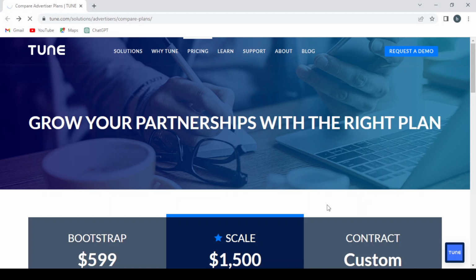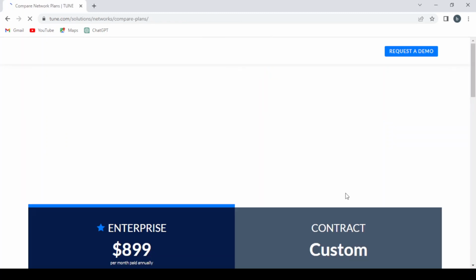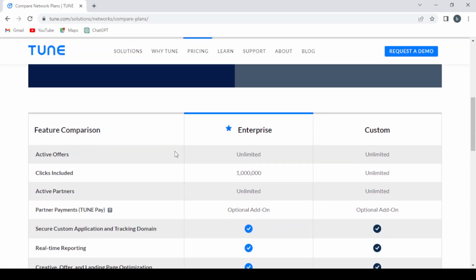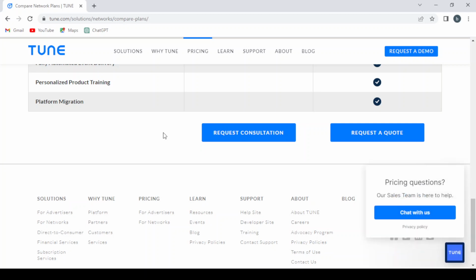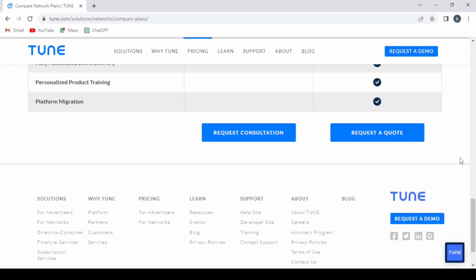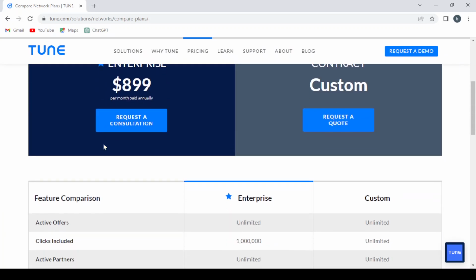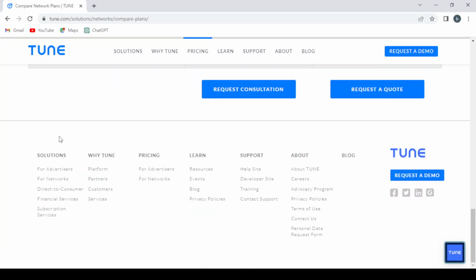Let's see the publisher plans or the network plans. See network plans and let's check them. So here they have just two plans, and also they don't have the 30-day free trial. So let's scroll down to the bottom of the website,